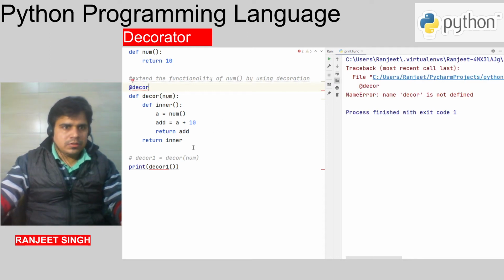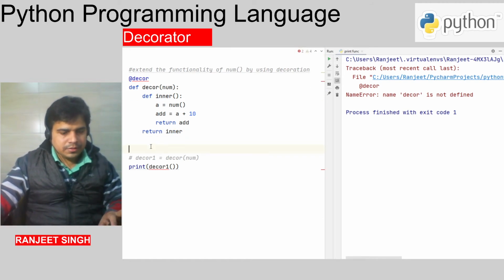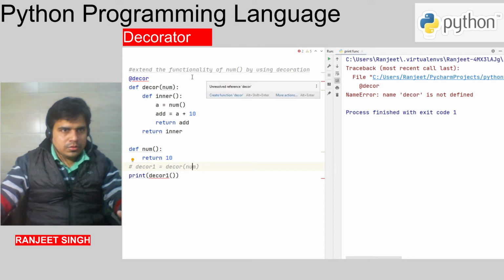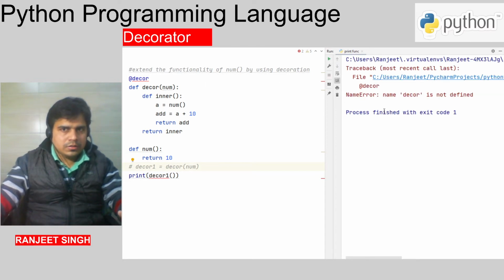Suppose we write it here below, decor. Now see, name is not defined, right? Here actually we will call the decor function. Now run this, what will happen?